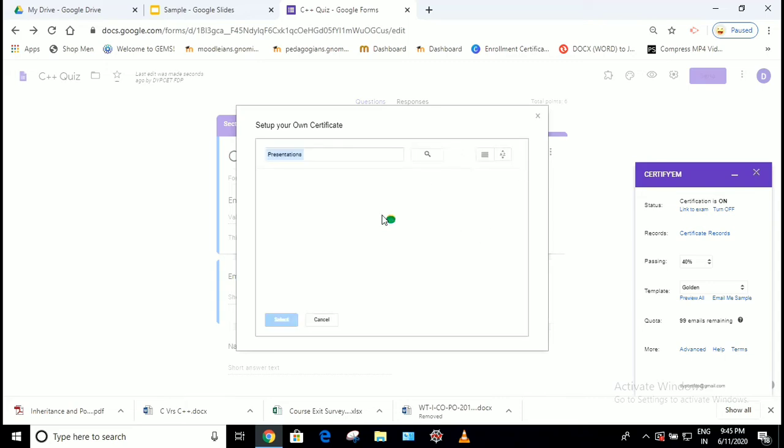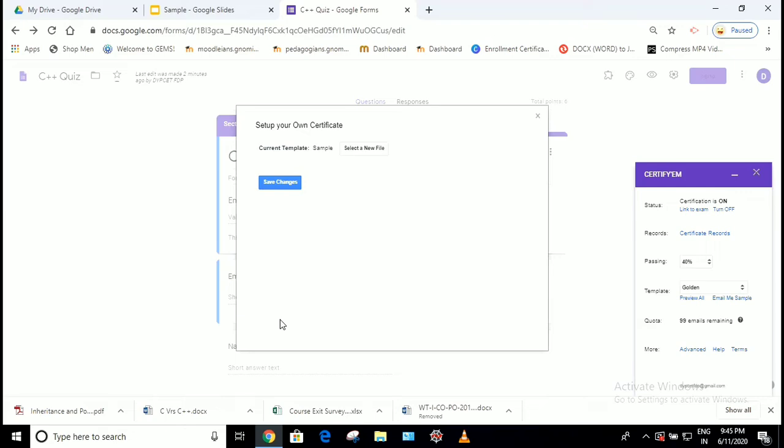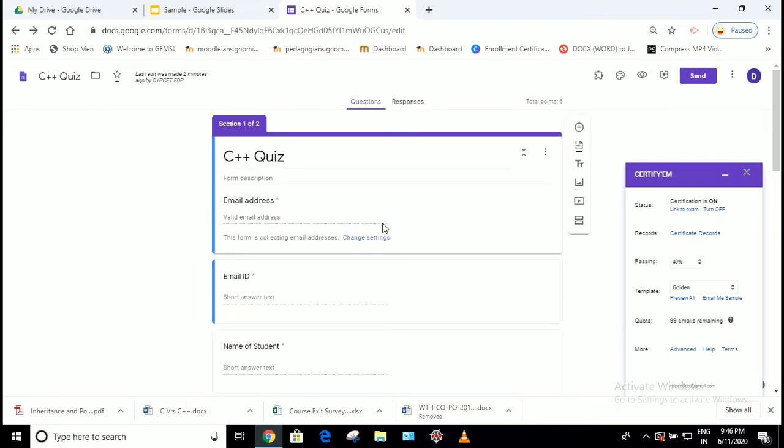It will be redirected to the presentation that you have made. So I am going to select this sample certificate and click on the select option. Once you click on select, save the changes. Now this certificate template will be selected as the certificate.